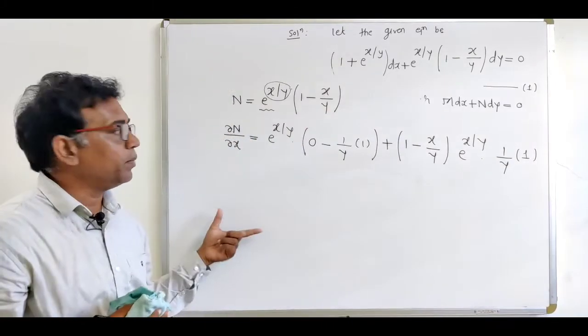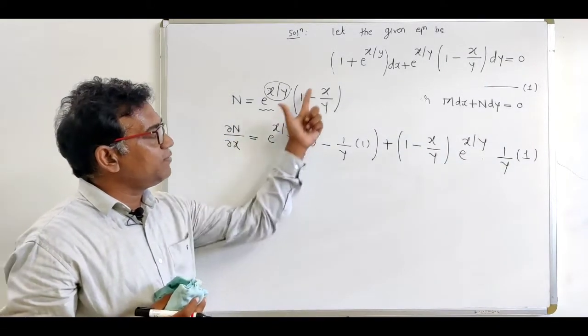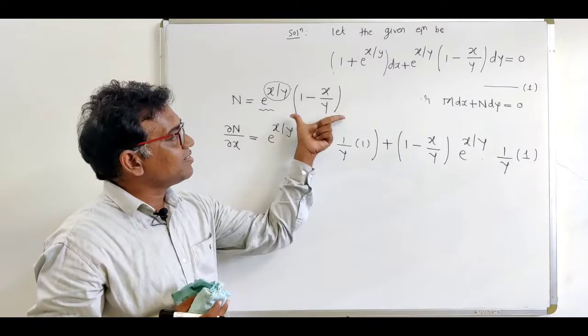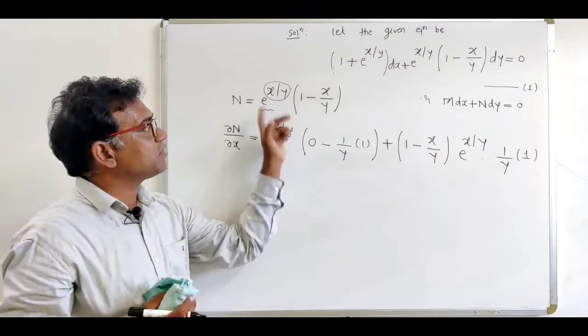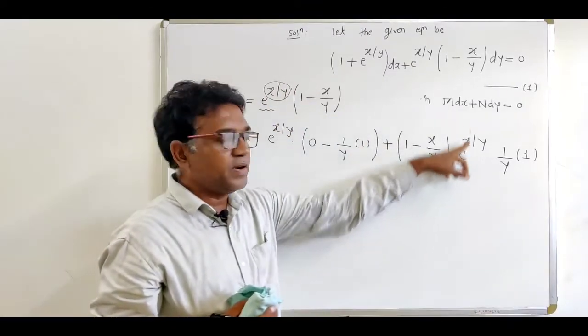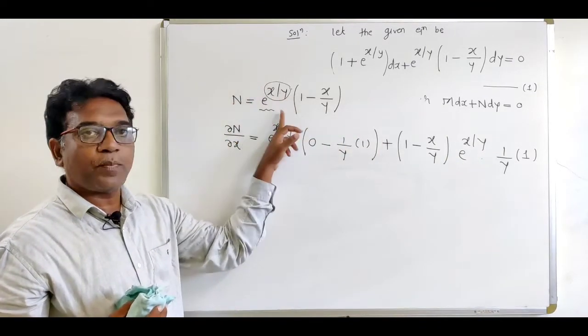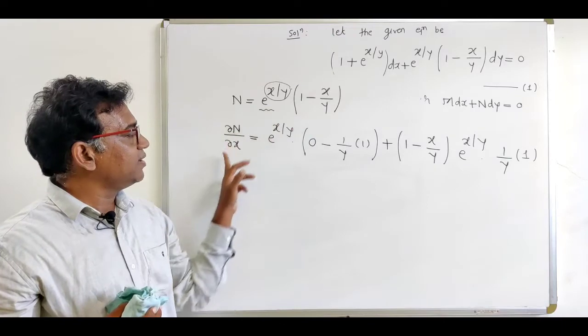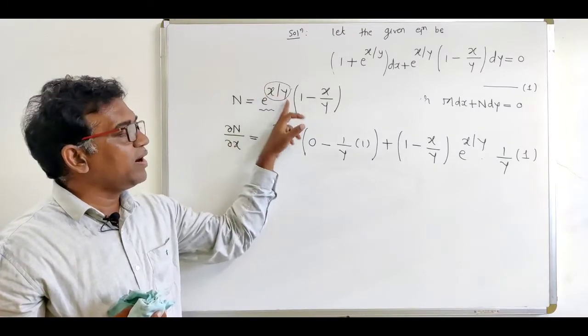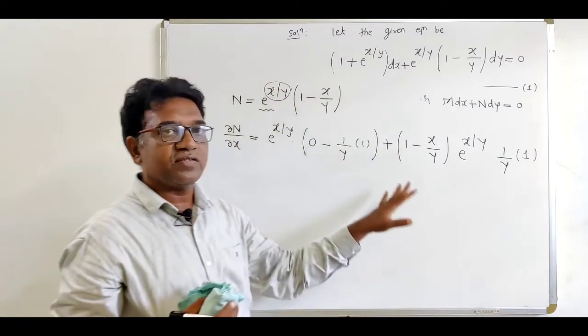So this is our product formula. First term as it is into derivative of second term plus second term as it is into derivative of first term. Derivative of exponential term is the same, into, according to chain rule, multiply by derivative of x upon y. So here we have taken this y as a constant element. So 1 upon y is constant and derivative of x is 1.